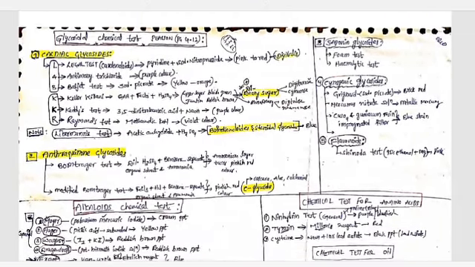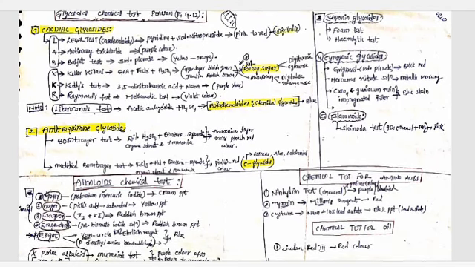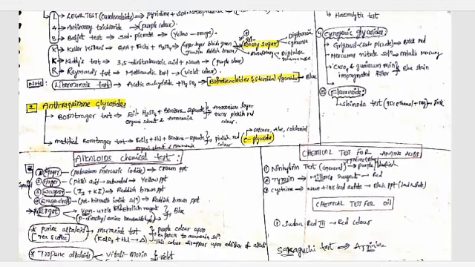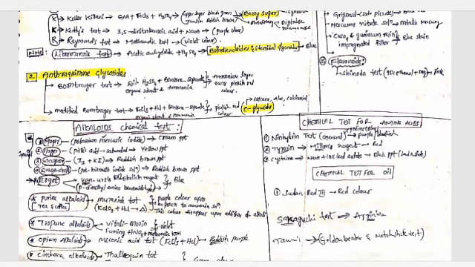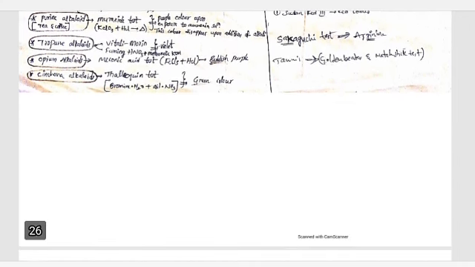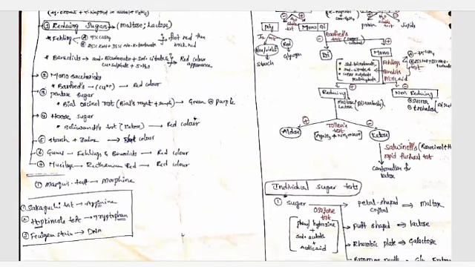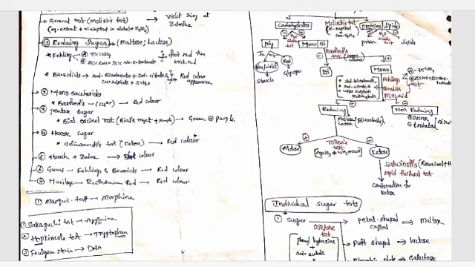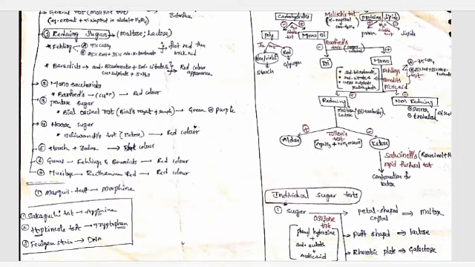And this is a chemical test in Pharmacognosy: cardiac glycosides, anthraquinone glycosides, what are the tests and what are the chemical reagents we are using, everything I have written here. Alkaloid chemical tests, these are the areas you need to focus on. Still if you have time, then you can go for other topics also. Reducing sugars, and how to determine the carbohydrates with the stepwise procedure I have written.